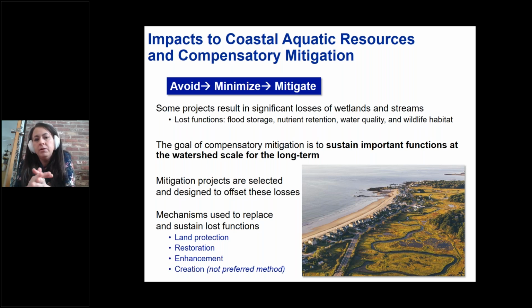So I am going to take a little bit of a step back. I'm sure everyone on this webinar knows what compensatory mitigation is, but just to set the stage so we're all starting off on the same page here. I feel like the previous speakers, Eben, Stephanie, Mark, everyone did a great job talking about and stressing the importance of avoiding and minimizing impacts to aquatic resources, especially the vulnerable coastal wetlands and streams. And